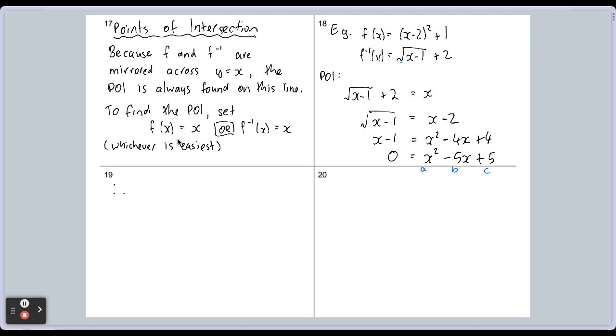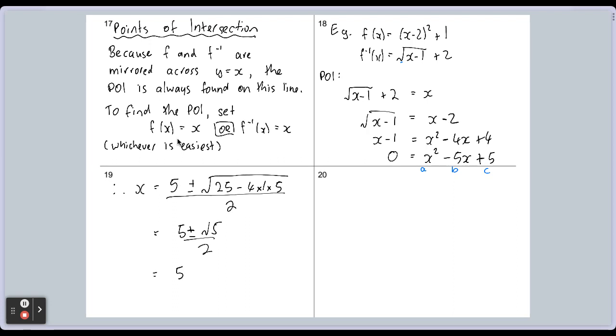So therefore, x is equal to negative b. So b is negative 5. So negative 5, negative 5 is 5. Plus or minus the square root of b squared, which is 25, minus 4 times a, which is 1, times c, which is 5. Like so. All over 2a. a is 1, so it's just all over 2. Okay, simplifying that, I'll get 5 plus or minus the square root of 5 all over 2,